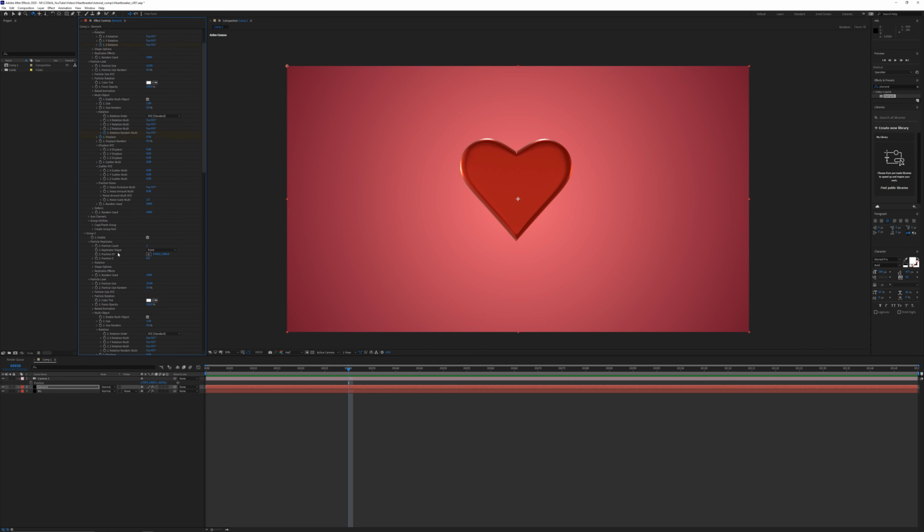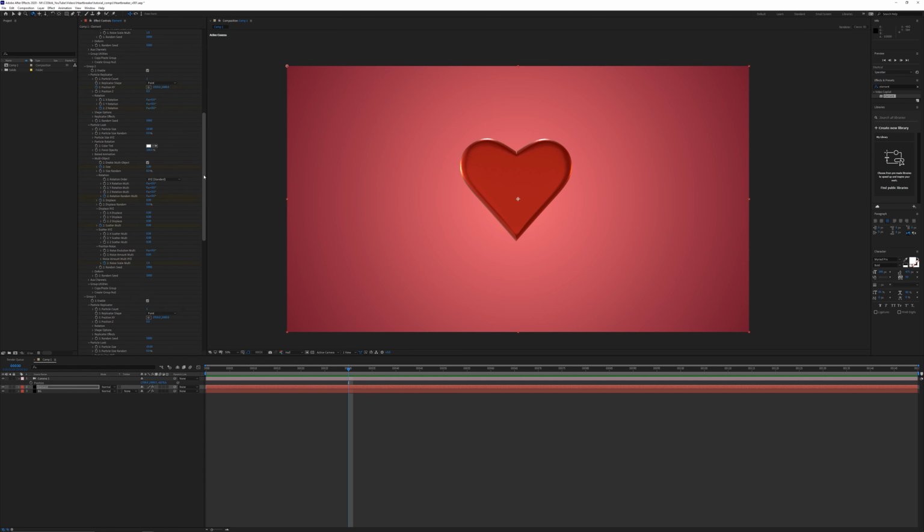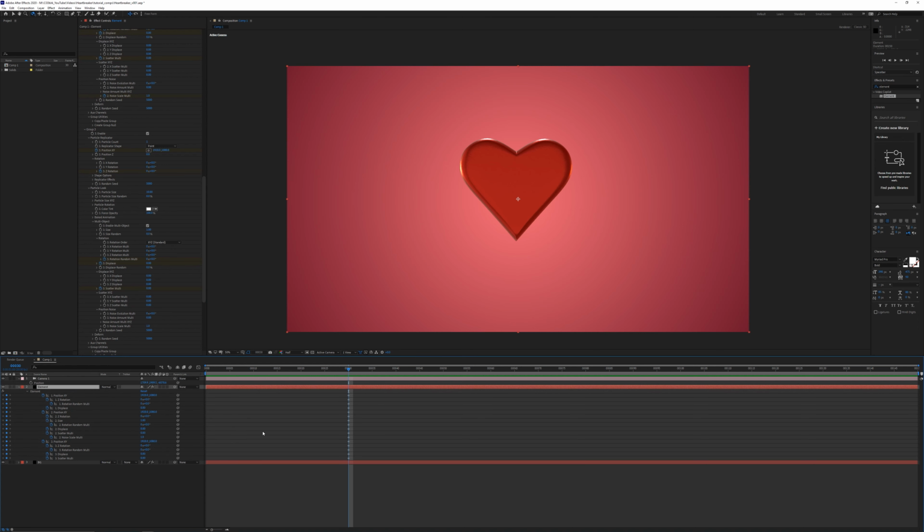So on group 2, we're going to animate position XY, open up rotation. We're also going to do the Z rotation. In multi-object, we're going to animate the size, the rotation random multi, the displace, and then we can also do the scatter multi, and then the noise amount multiplier. Lastly, in 3, we're going to animate the position XY. In rotation, we're animating Z rotation, rotation random multi in multi-object, displace, and then we could also do the scatter multi here as well. Right, so to see which channels we've keyframed, click U. We've keyframed quite a lot of these.